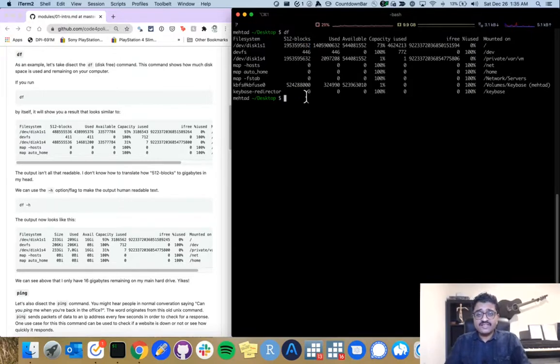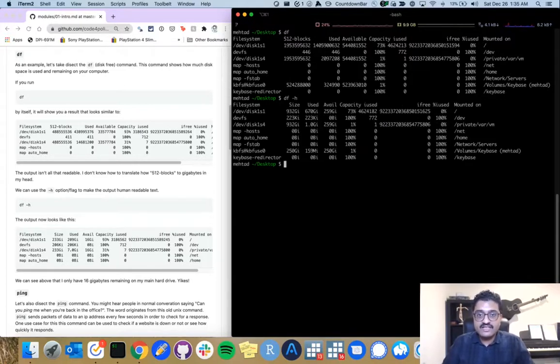This is why df provides you an option or a flag, -h. So if I say df -h, -h stands for human readable. And so the command is df, and the option or the flag here is -h. -h modifies the behavior of df. Now if I hit enter, you'll see that I get information in gigabytes. So this is a 1 terabyte hard drive, or 932 gigs, roughly 1 terabyte. 670 of those gigs are used, 259 are available, meaning that it's 73% full, and there's a little bit additional